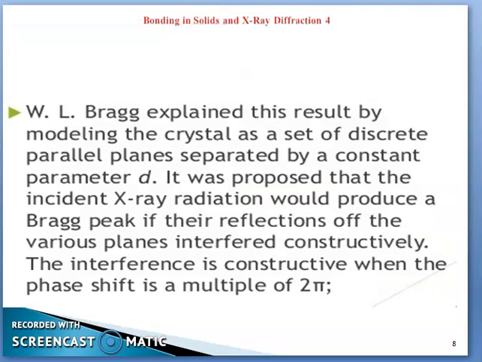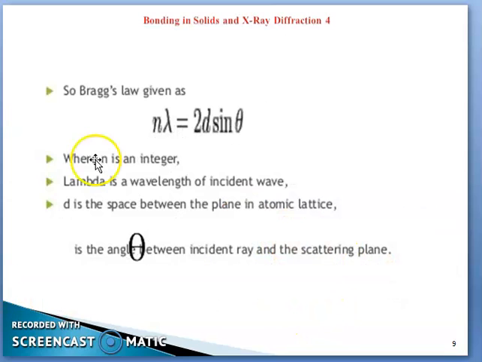Bragg explained this result by modeling the crystal as a set of discrete parallel planes separated by constant parameter d, as we have shown in the figure. It was proposed that the incident X-ray radiation would produce Bragg's peak if the reflections of the various planes interfered constructively. The interference is constructive when the phase shift is a multiple of 2 pi. So Bragg's law is given as n into lambda is equal to 2d sin theta,